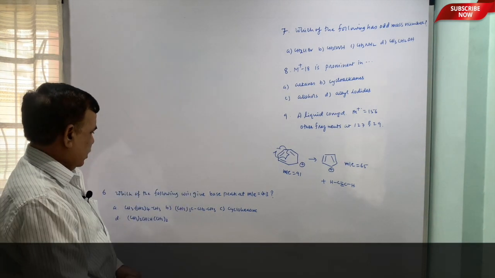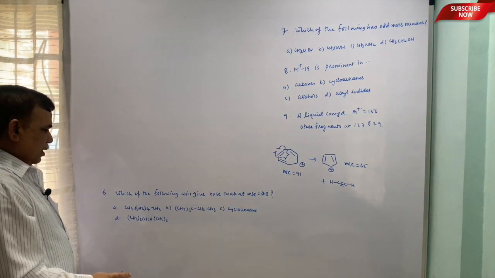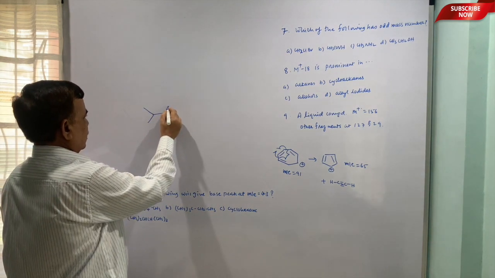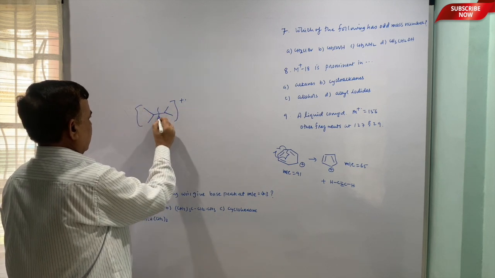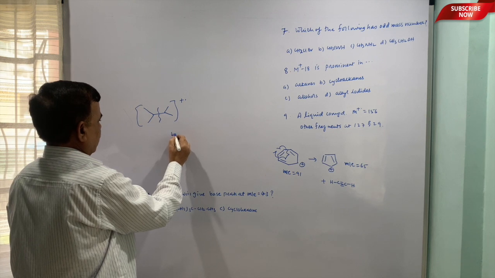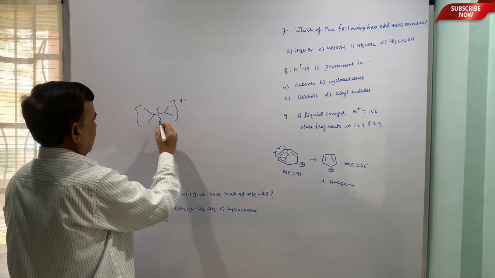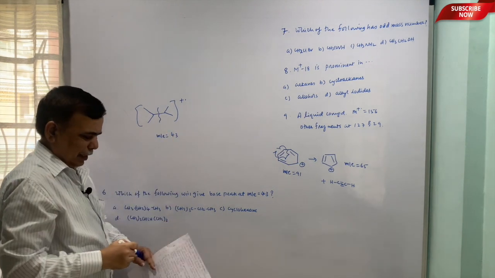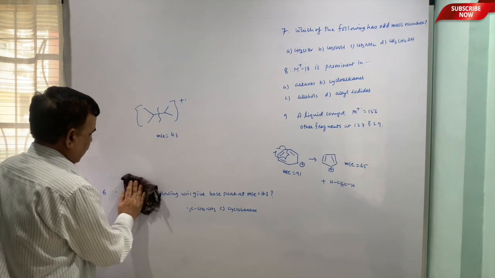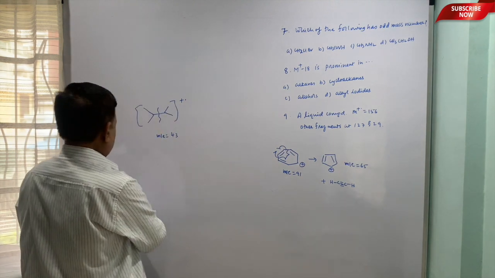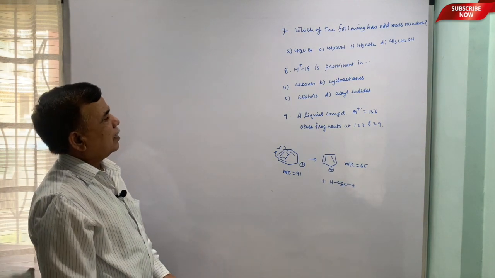Okay. Then a multiple choice question is there. Which of the following will give base peak at m by z equal to 43? So the correct option is this one. Whenever we have this kind of symmetrical thing, it will always give 43. This is the fragment. One will be radical, the other one will be cation, and the correct option is going to be the last one. The remaining will give it, but they won't be the base peak. Base peak is the peak with 100% relative abundance, or the peak with highest abundance.